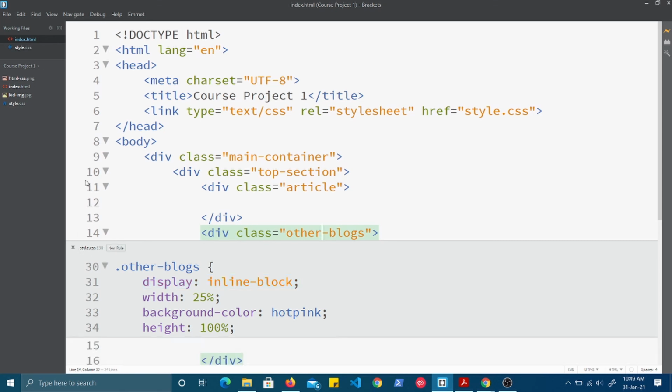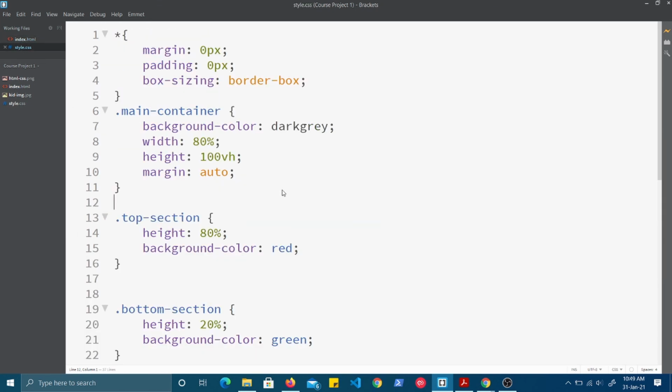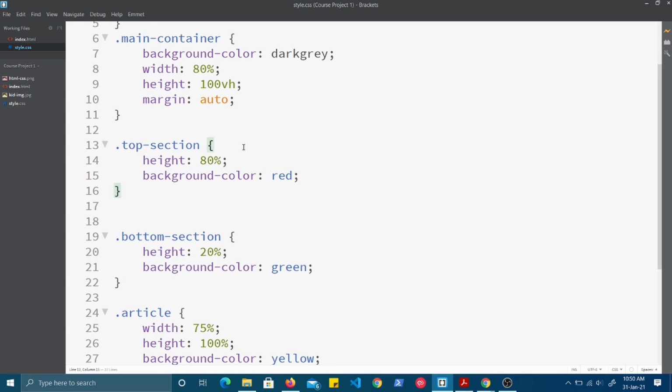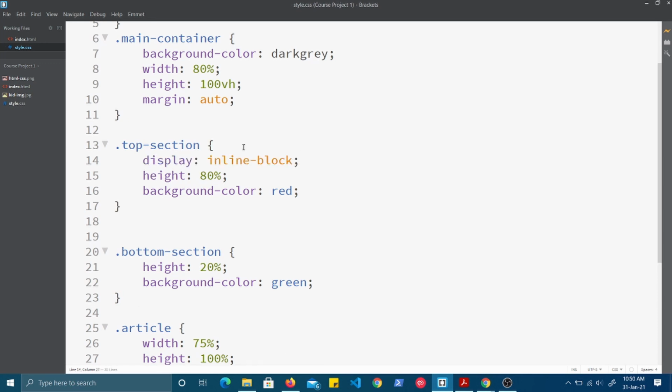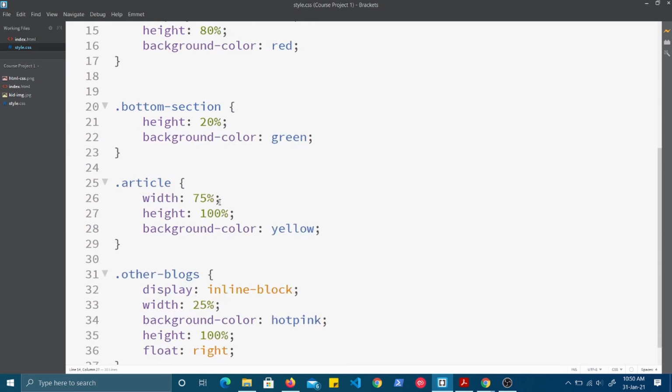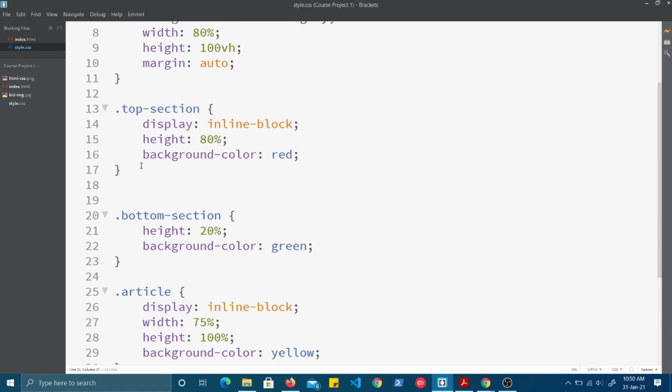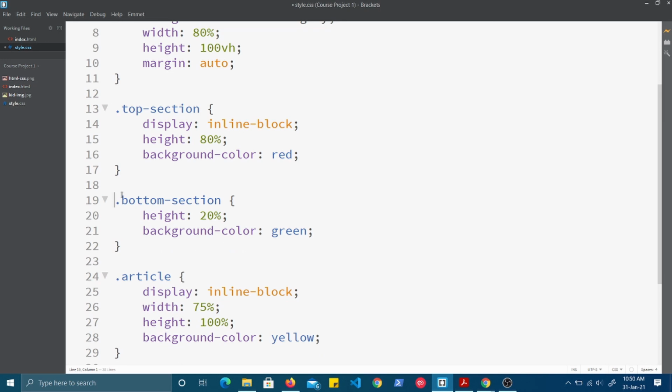So we will close this and open the style sheet. What is the parent container? Top section. So the top section's display property should be inline block, as well as the article should also be inline block.